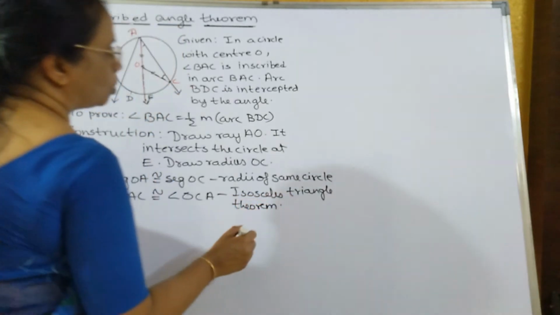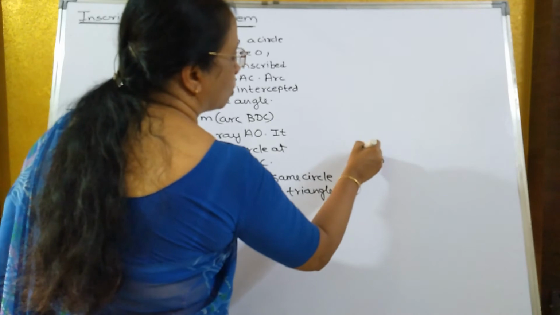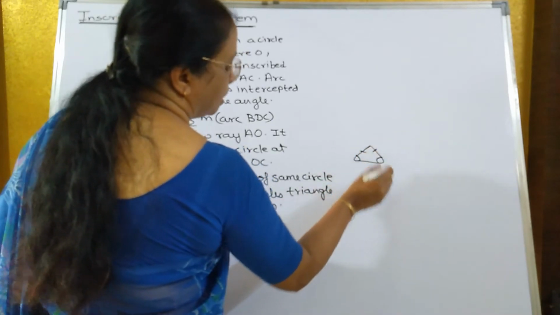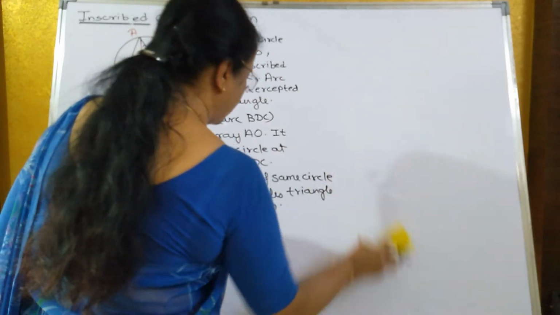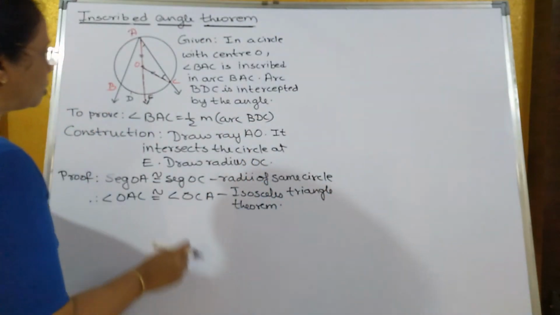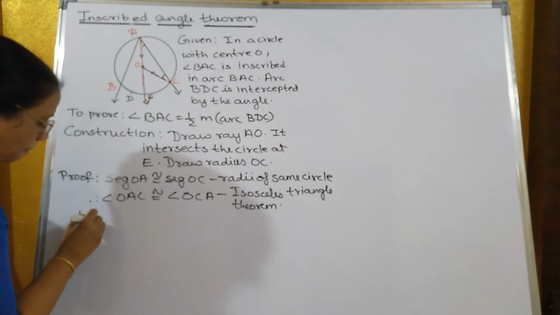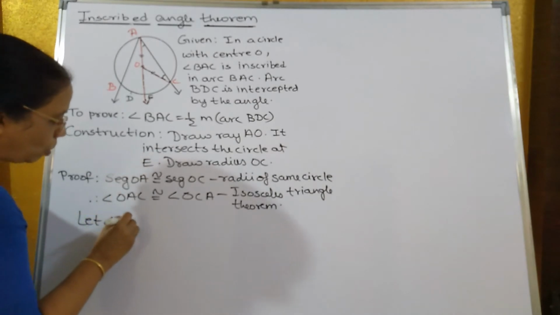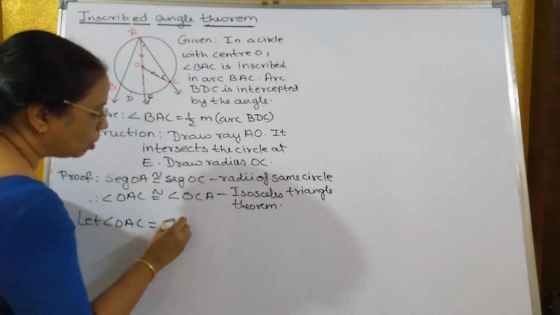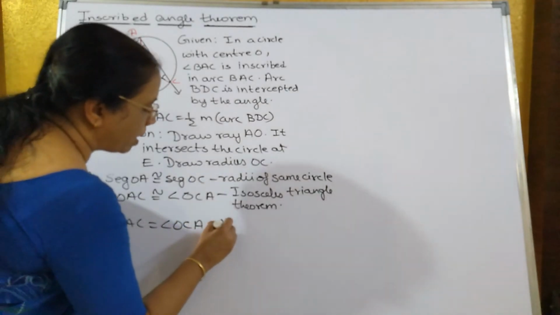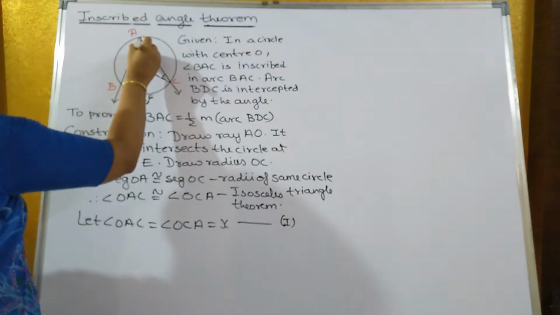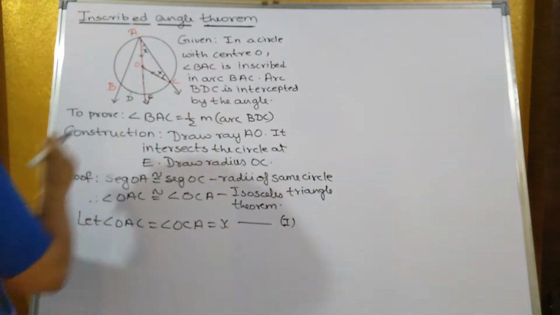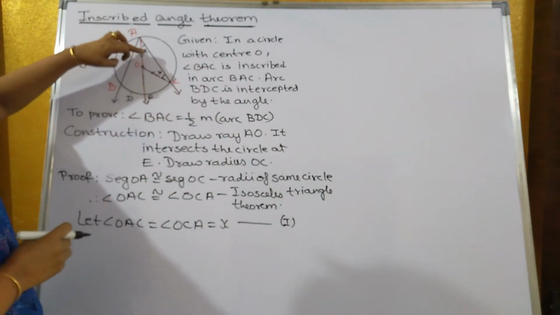तो पहले भी बताया, अगर दो साइड इक्वल है तो opposite angle is also congruent. उसको बोलता है isosceles triangle theorem. Now let us take this angle equal to x. So let angle OAC equal to angle OCA be equal to x. Let this be 1. So we have taken both as x. तो ये दोनों एंगल जो इक्वल था उसको अपन x की वैल्यू देता है.